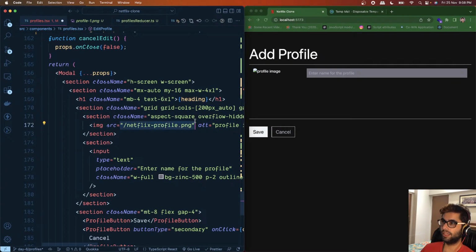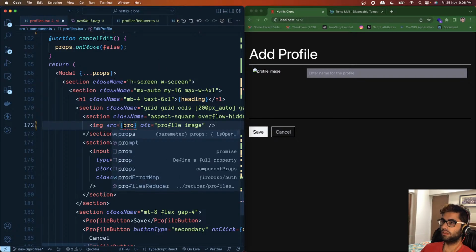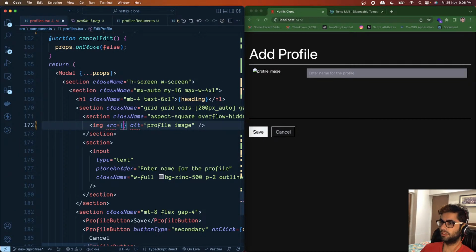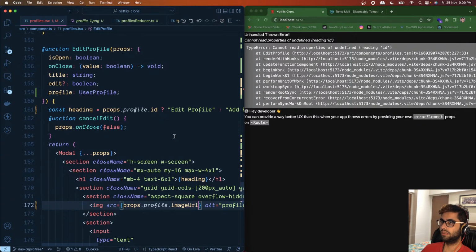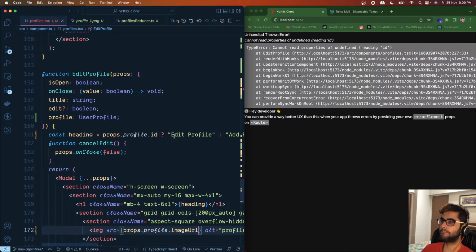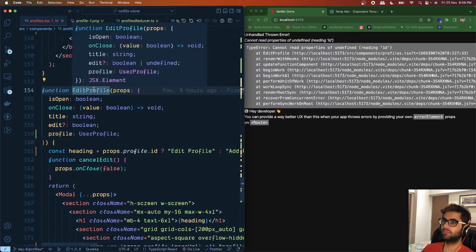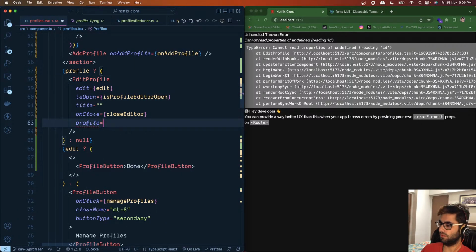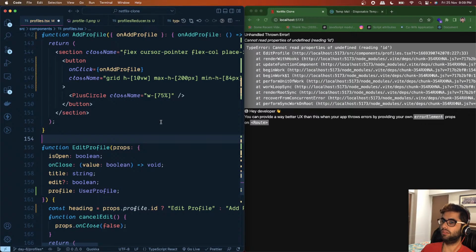And here instead of showing this we will show props.profile.image URL. What is it saying? Okay, so we need to pass the profile here as well. Okay,